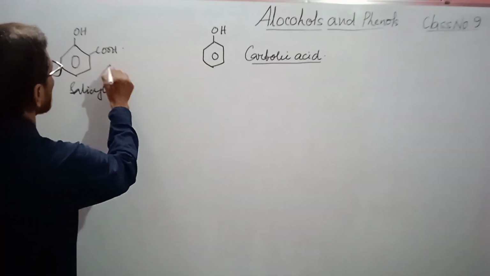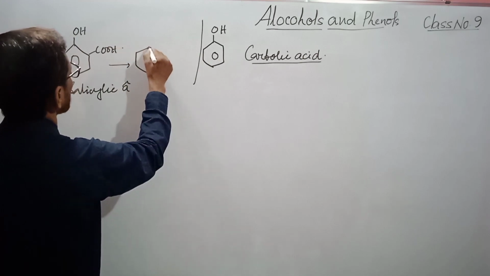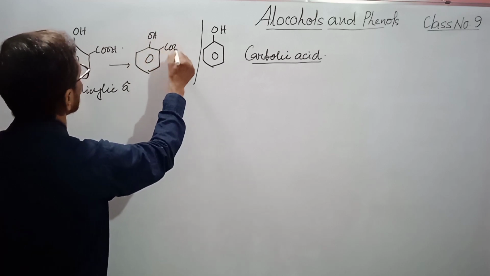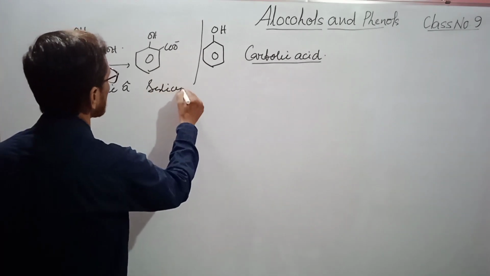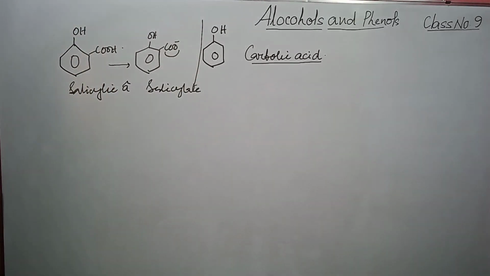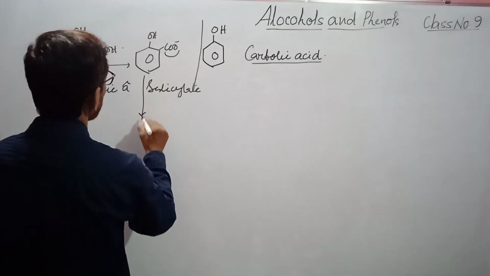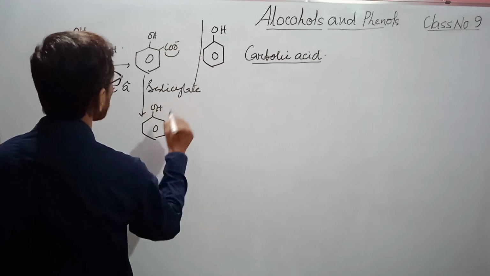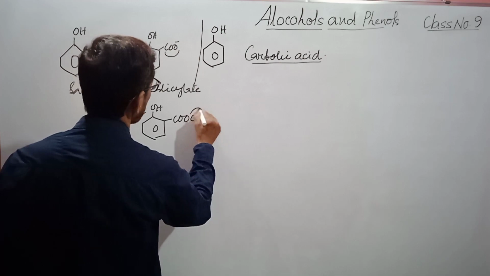And if one hydrogen is removed from carboxylic group, that group is called salicylate. Now from this part, if we add by any means, by reaction, CH3,